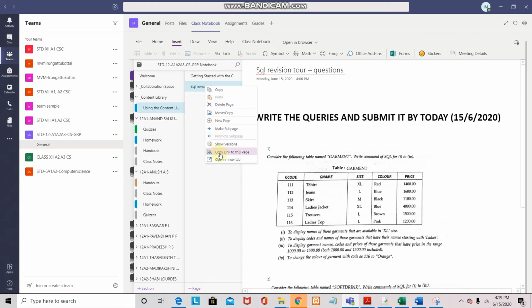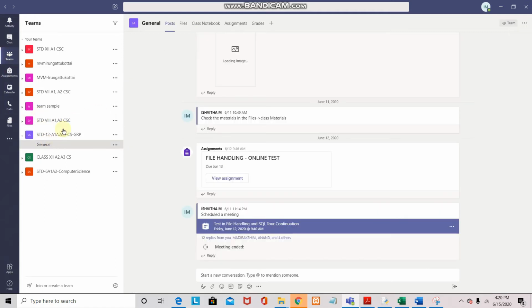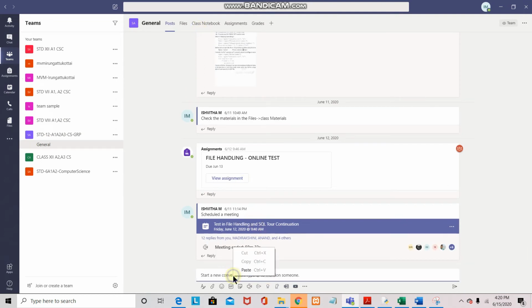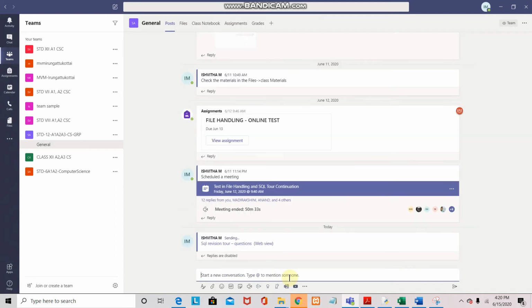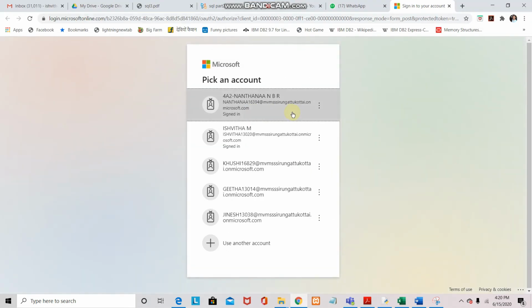So here I'm right clicking the question which I have created and getting the link of it, and after which I'm going to the post, messages. There I'm pasting the link, and I'm going to tell the students to complete the homework. Okay, if the student is clicking that web view,